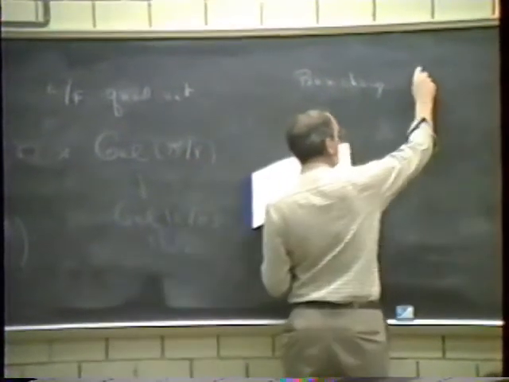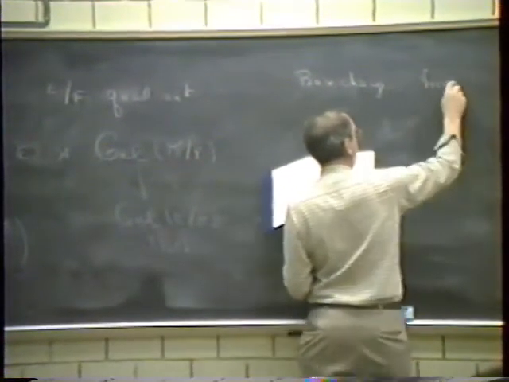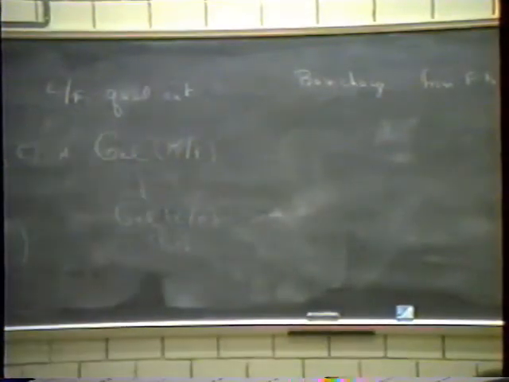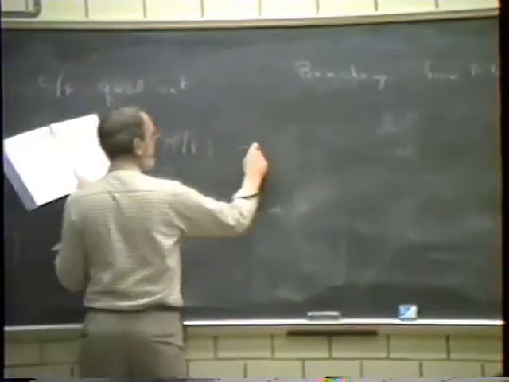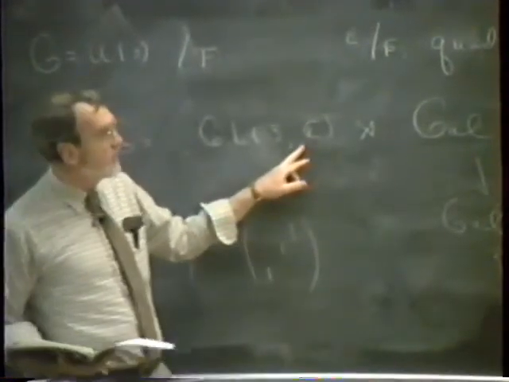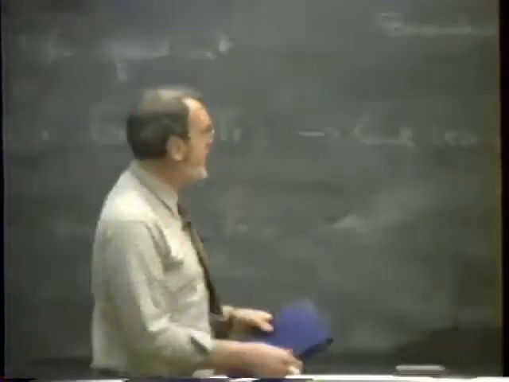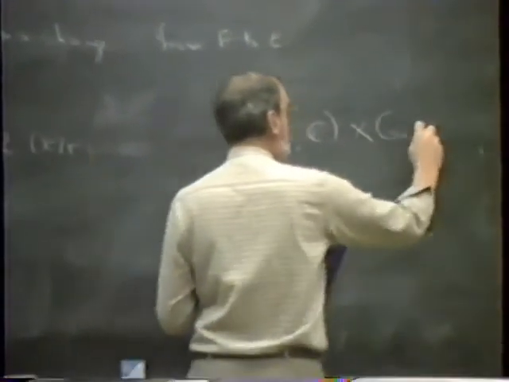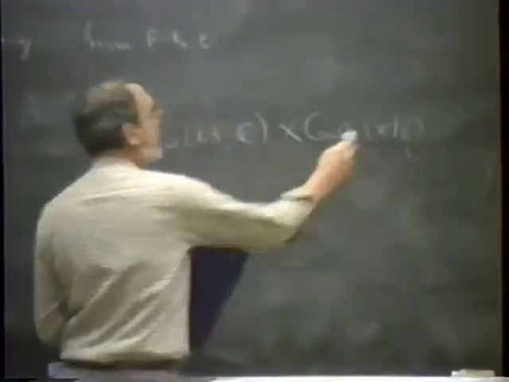I want to make base change from F to E. You see, that just says the L group always maps to the Galois group of K over F. If base change says go to E, take the inverse image of the Galois group of K over E, which is just GL3C times the Galois group of K over E, because the Galois group of K over E is acting trivially. That's the L group of a new group, so this is an L group